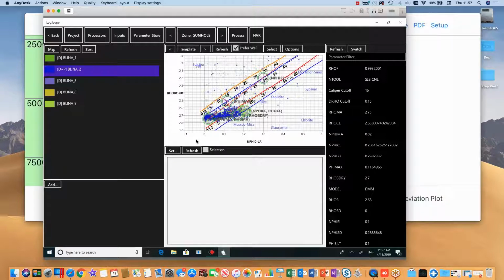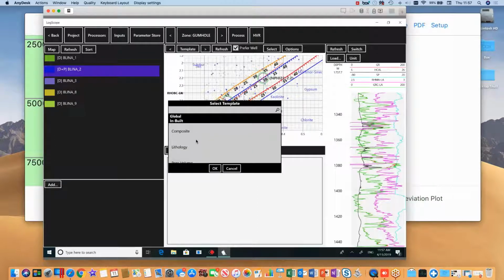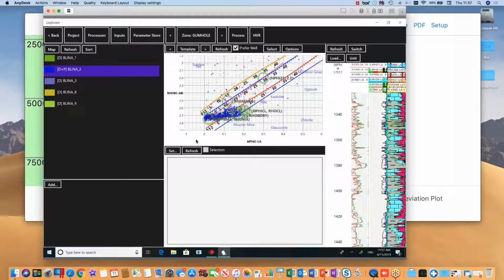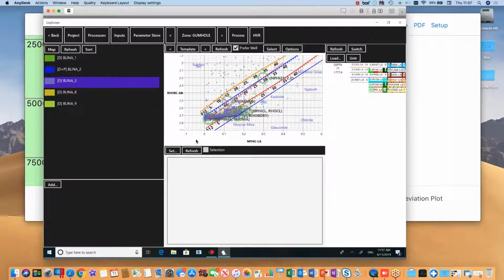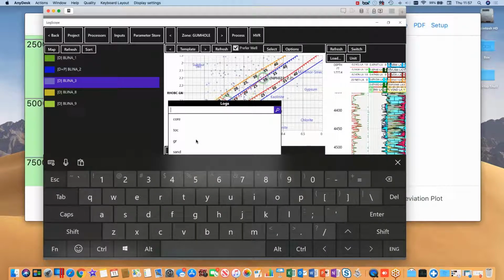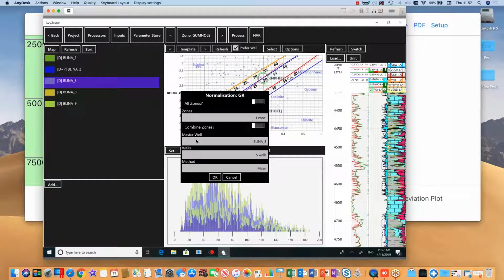You can do a hydrocarbon volume report of all the wells, and you can look at each well and look at the formation tops. You can set the log, and it will show you the log there, and you can apply some normalization. You can do it over all zones or just one zone,